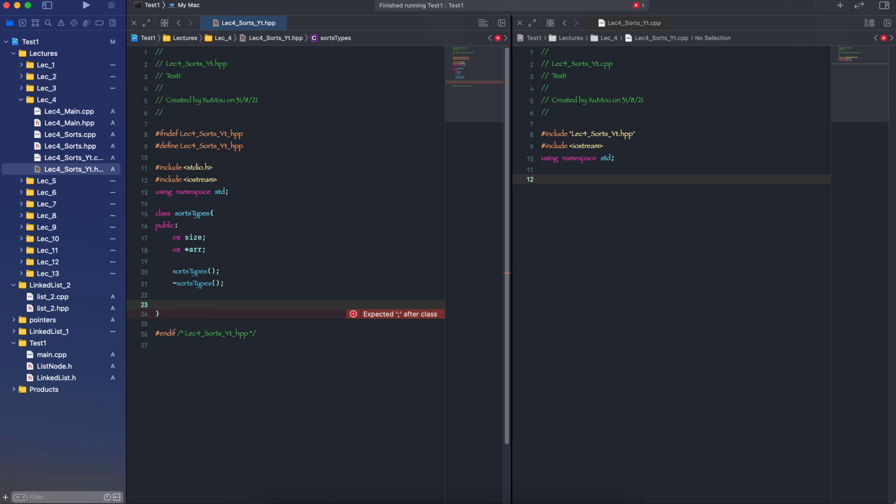After that, we are going to declare an initialize array function, and maybe let's add another constructor, and we are declaring a print array function,